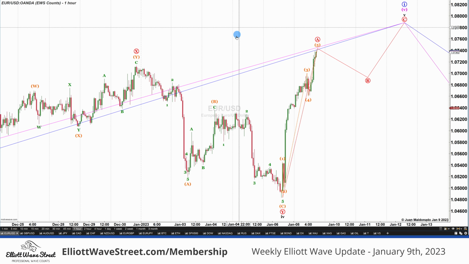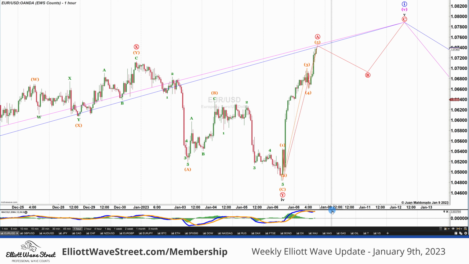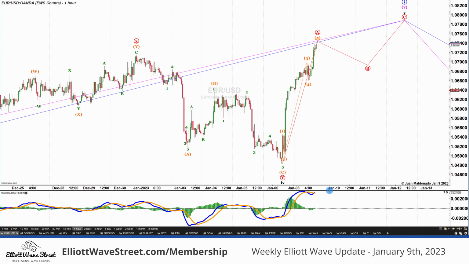We can add an indicator, let's say the MACD. I really like the MACD. We can use any other indicator or just price action. So look, the MACD is pretty strong during the leg up. So we are not going to sell this thing. But I'm looking for some sort of a stop in action formation.